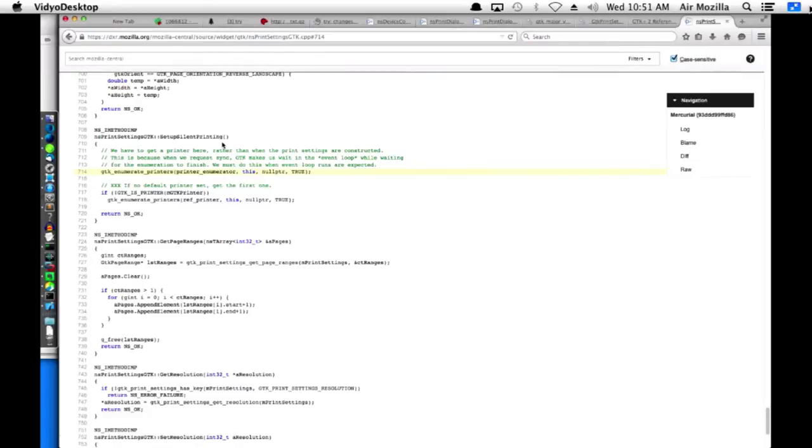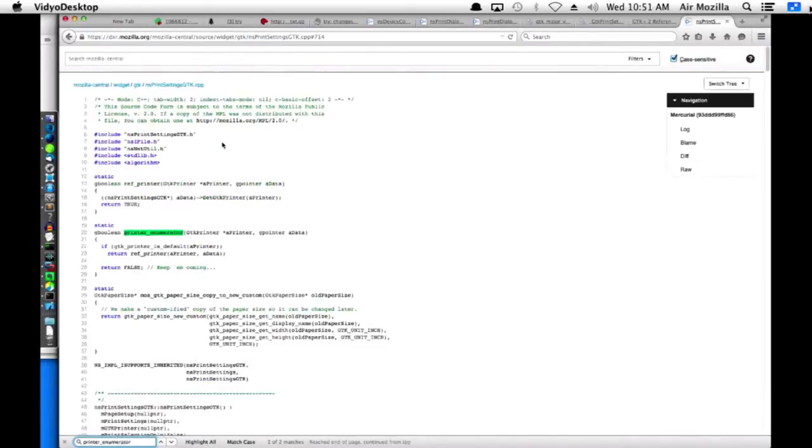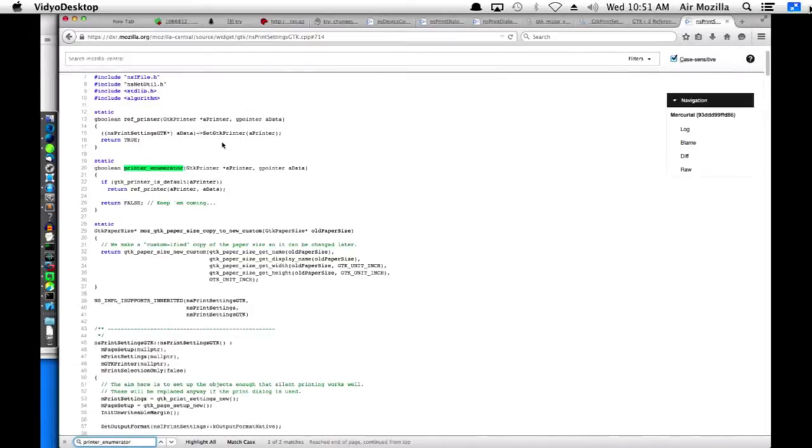Printer enumerator. Here we go. It gets passed a printer pointer and some arbitrary data that you can have it set up right at the very beginning with some data that you want to pass it. In this case, what I might want to pass as that data might be, we think, probably the name of the printer that we're looking for.